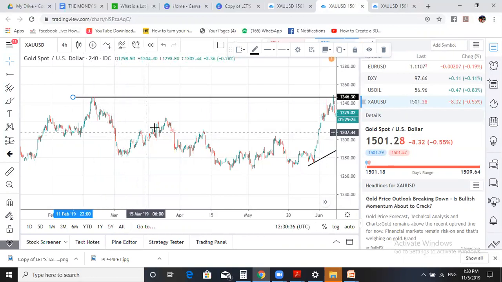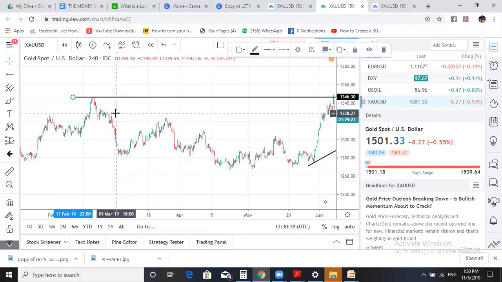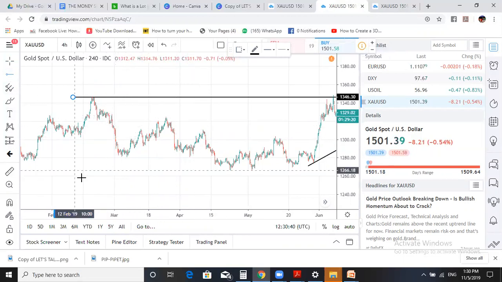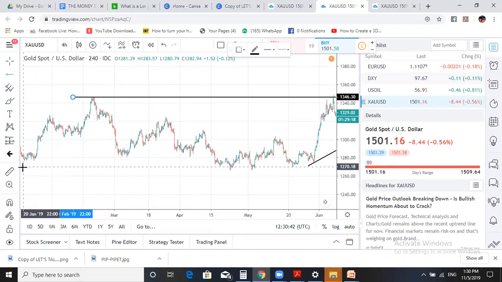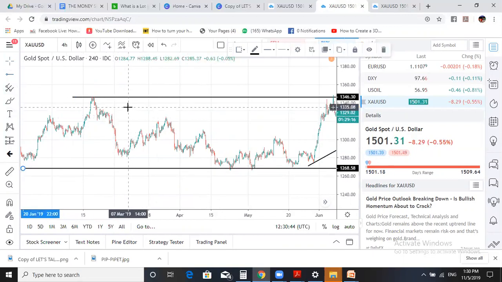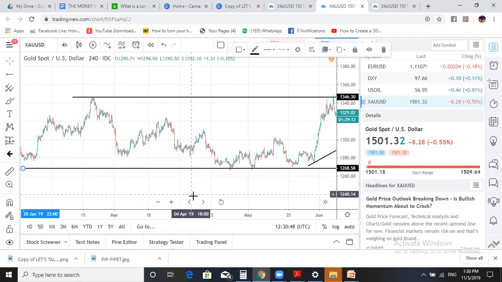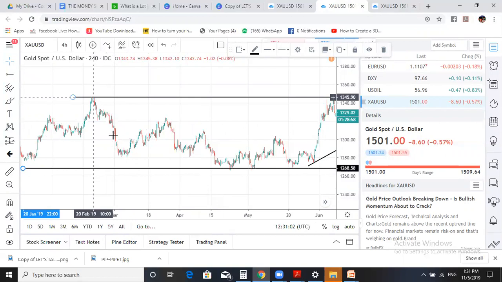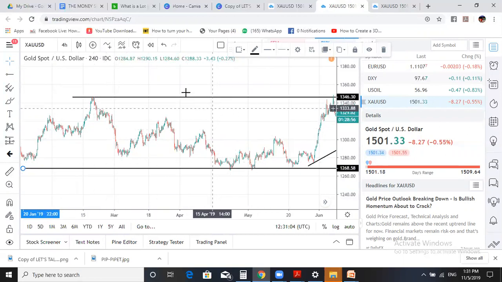Now, many of us make that mistake of focusing on looking for a low to buy and looking for a high to sell. But the problem is that we do not understand something: the market keeps pushing up when the currency is high, or when it's strong, when it has more strength. It keeps pushing up. It doesn't wait because, oh, this is a resistance, this is the highest point around here, and because of that